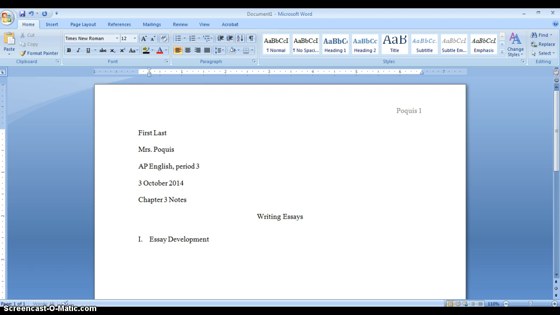So I'm going to hit my backspace button, and now after I have Roman numerals, I go to capital letters. So I'm going to put a capital letter A, and then I'm going to put the second most important piece of information from that area. And as I'm looking at the first part, I notice that it talks about different types of essays. So I might title this Types of Essays. So the types of essays are,